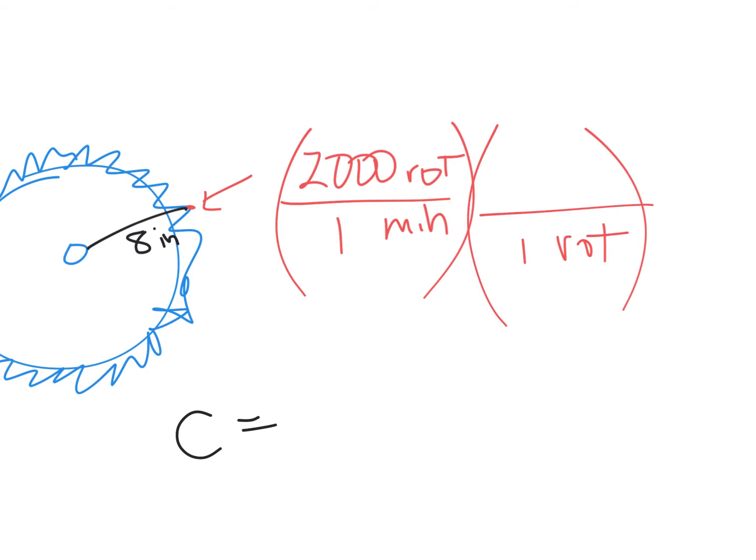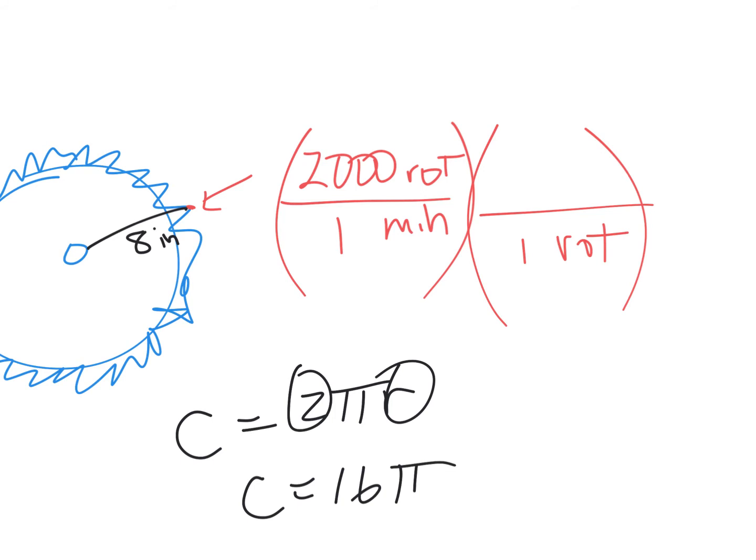All right. What do you say, Mr. T? 2 pi r. 2 pi r is correct, sir. You could have said pi times diameter, because d would replace the 2 r. That's totally fine. But we have a radius, so why don't we use this one? I like it. So then would you agree the circumference is 16 pi? Then that means that that little red fleck here on the end of the saw blade would go 16 pi inches